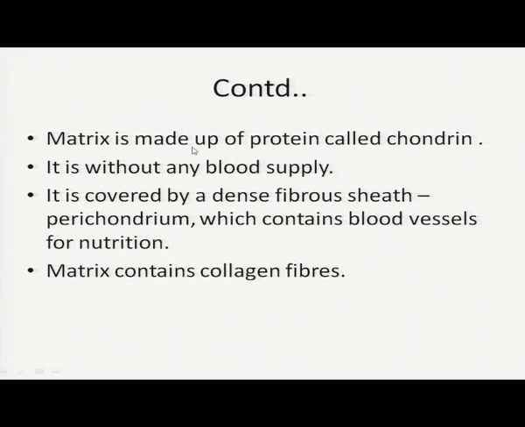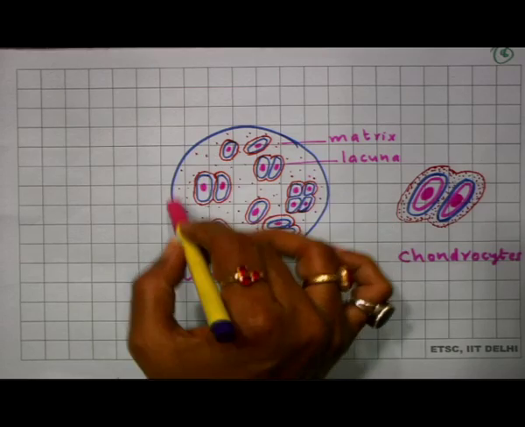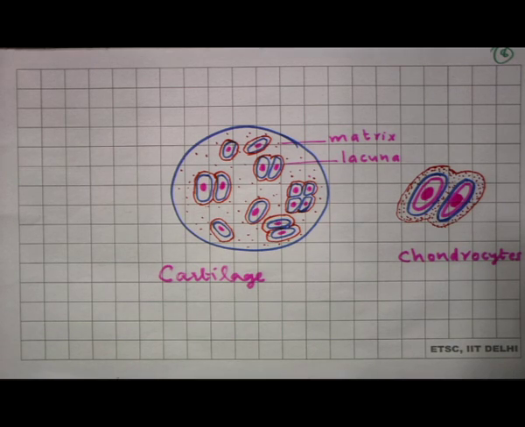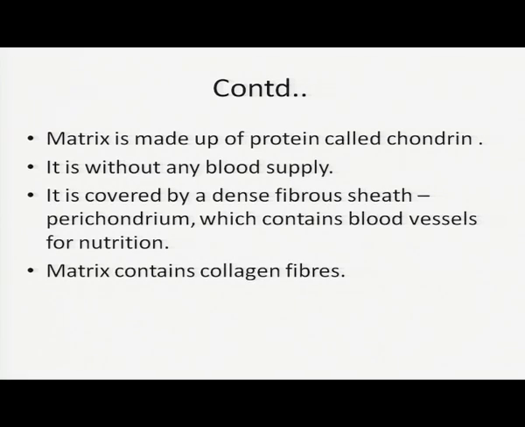Now, regarding its matrix, the fluid structure matrix, it is made up of protein, and that protein is known as chondrin. You know already the protein that makes the matrix of bone, that is ossein. Here it is chondrin. Chondra refers to cartilage. The matrix is without any blood supply. It is covered by a dense fibrous sheath. As in the case of bone, here also it is covered externally by the dense fibrous sheath,